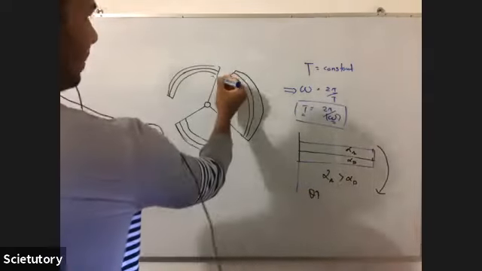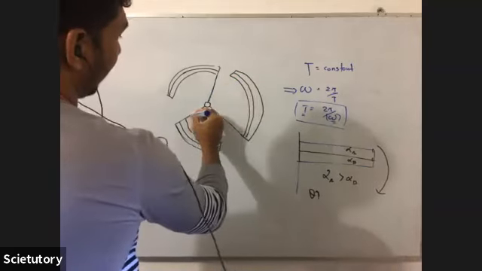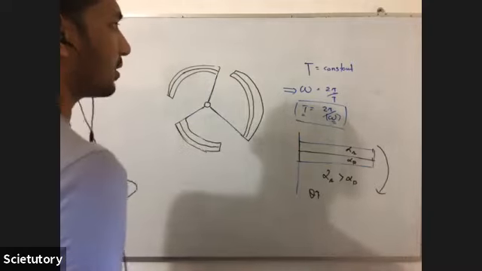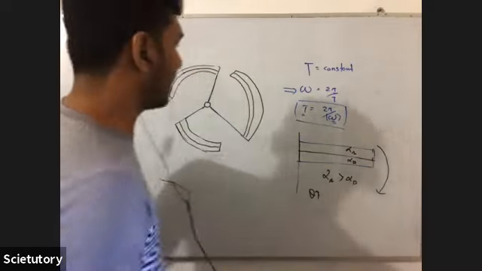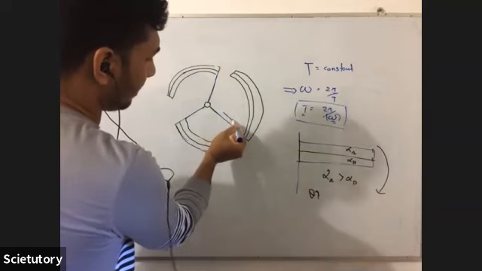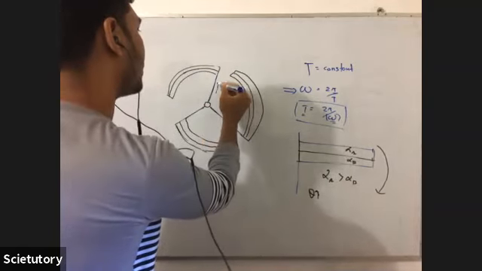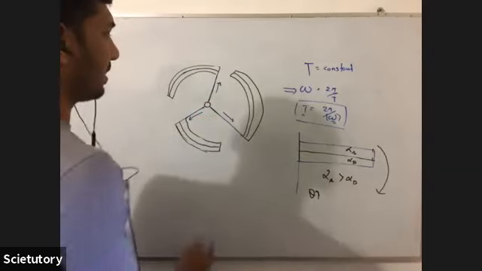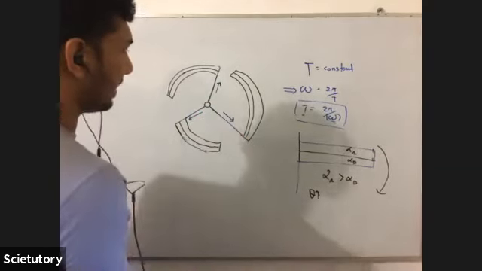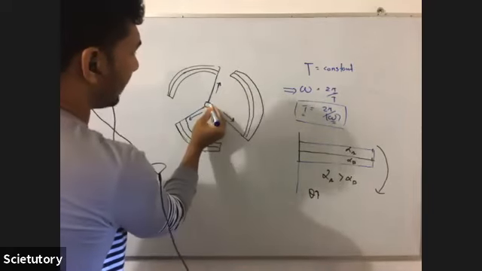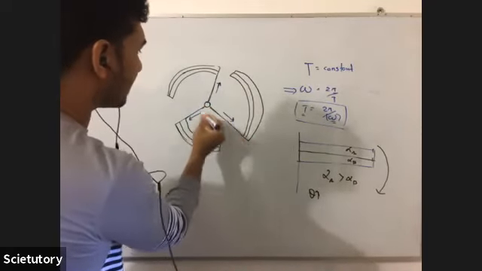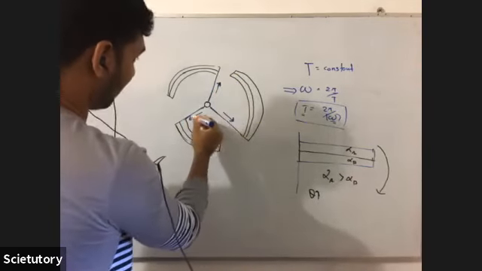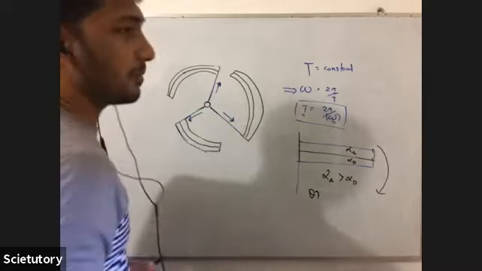And these radial parts are also made up of metals, so they are also going to expand. Expansion always occurs outwards. So these radial parts will push the bimetal parts away from the center. Away from the center. Is it understandable? Because this is fixed. So when these strips expand outwards, they are going to push the bimetal parts away from the center.